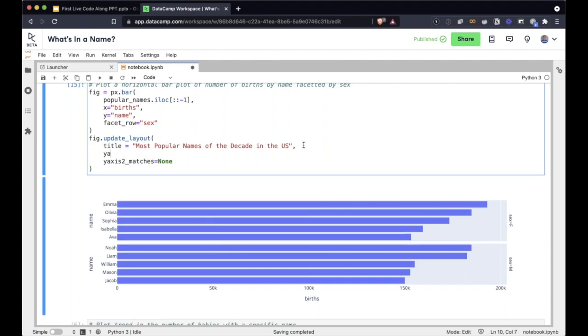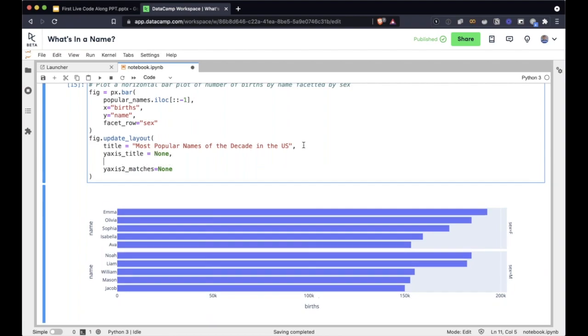Then let's do the y-axis titles. I want to remove the y-axis titles. So y-axis underscore title, I'm going to say none. We have another y-axis. As you can see, Plotly treats the two y-axes separately. So we're going to do y-axis 2 title is also none.